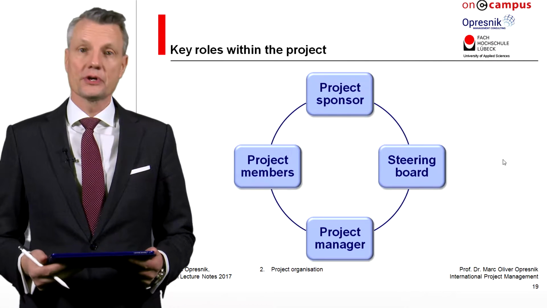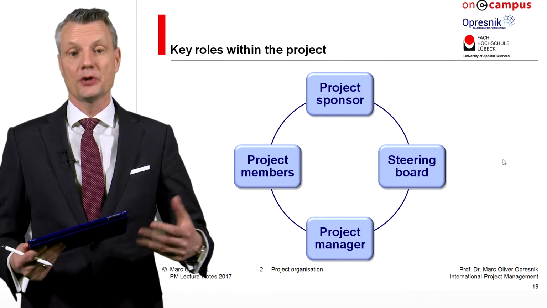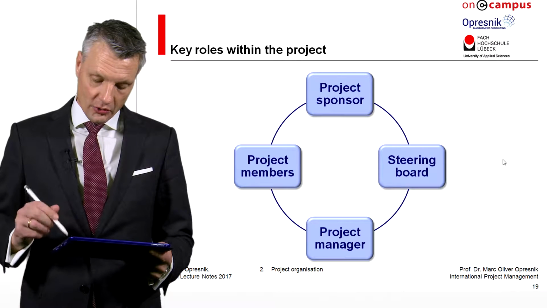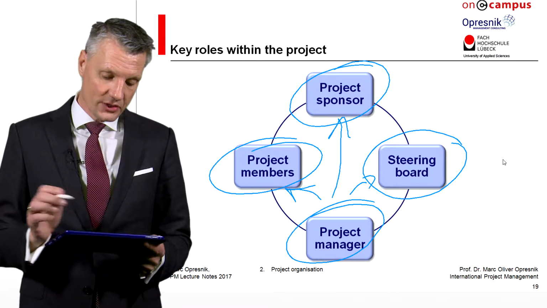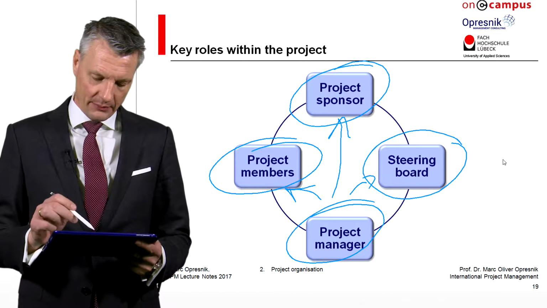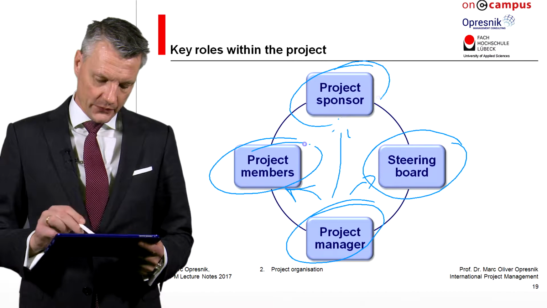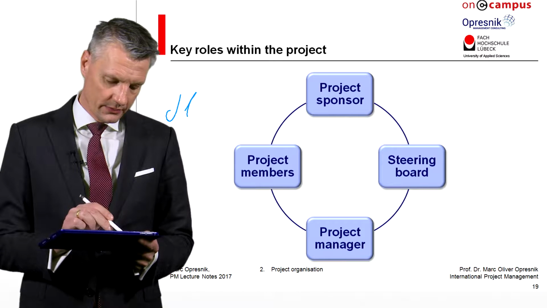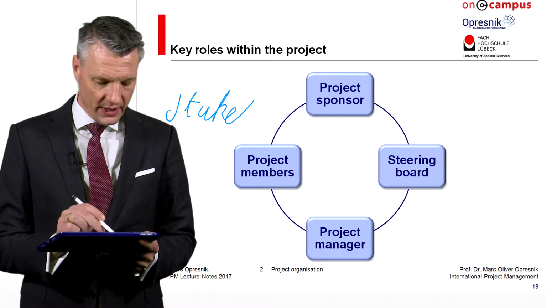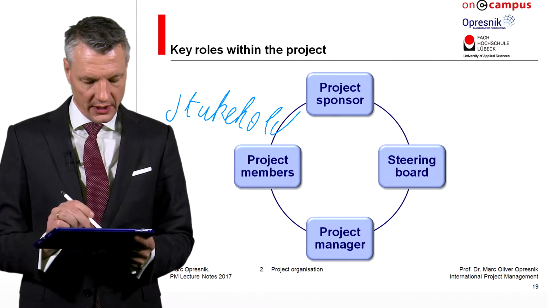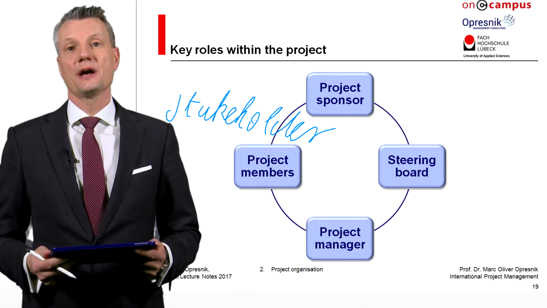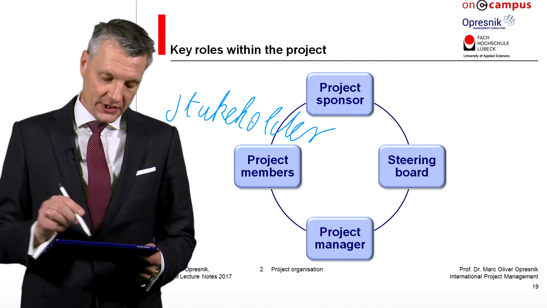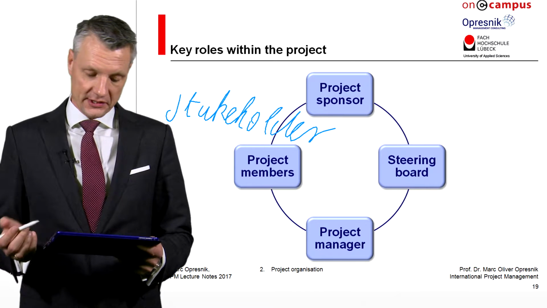Let's start first looking at the different kinds of stakeholder categories. A stakeholder is somebody who has an interest in the project. It is an interest group. And the different kinds of interest groups are listed on the slide.